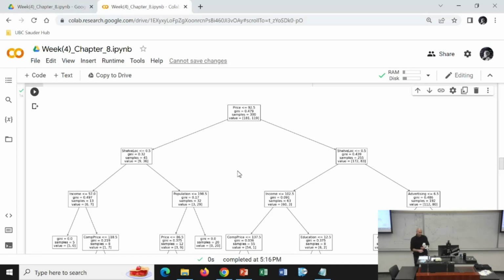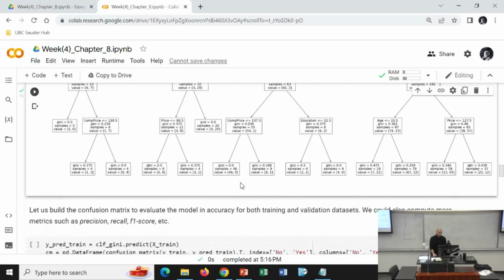Then based on those pieces of information, I'm going to follow this flowchart and end up in one of these boxes. Then based on these boxes, based on the more likely outcome, I will give you a prediction. So if I end up in this box, where there has been 9 samples, 8 of them with low sale, my prediction is that sale would be low,